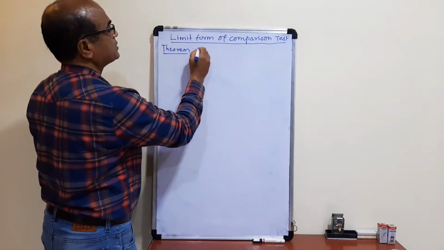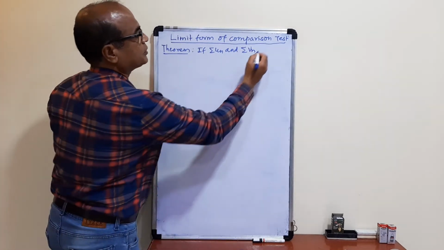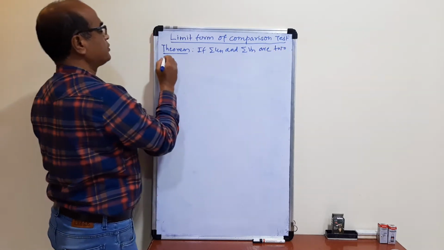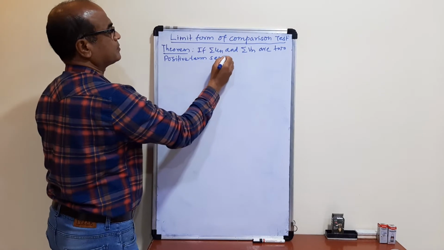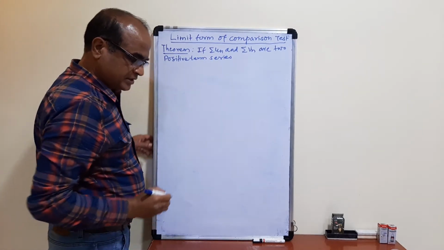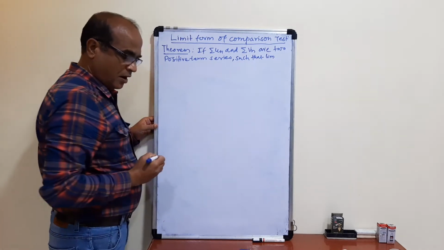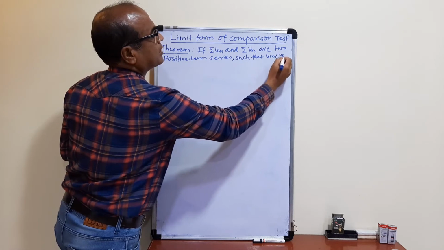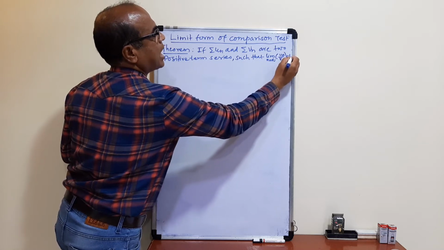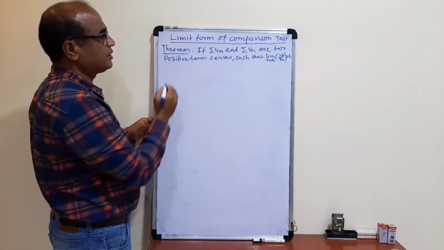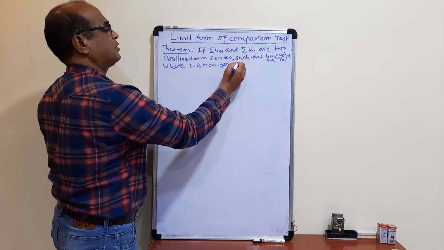Let summation un and summation vn be two positive term series such that the limit of un upon vn as n tends to infinity is some finite number L, where L is non-zero and finite,